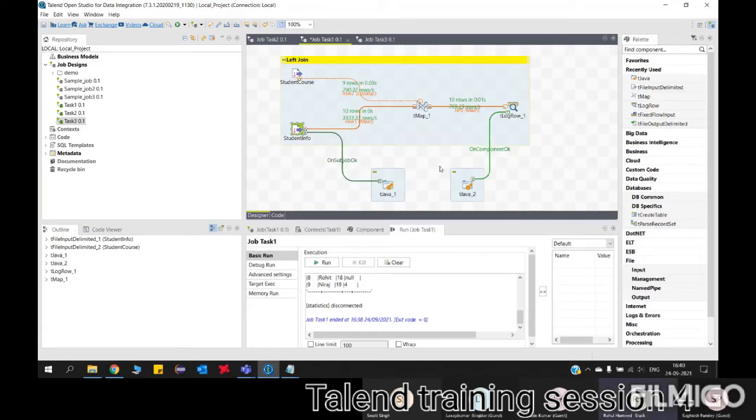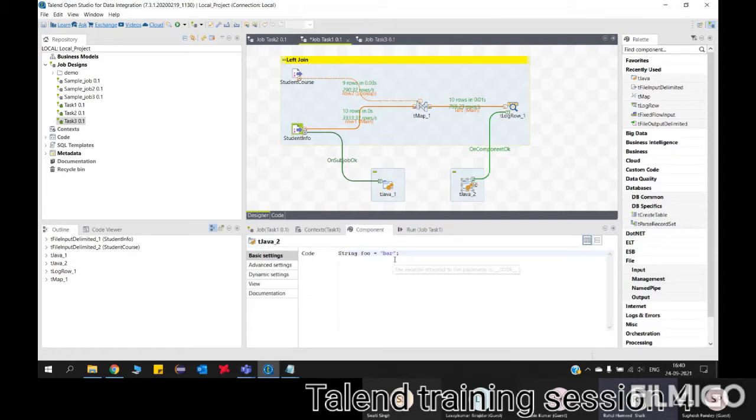Yes, good. That is one. Correct. So now to show the difference, let me write something in the tJava 2 component. Double click there. Just remove this one and type System.out.println.